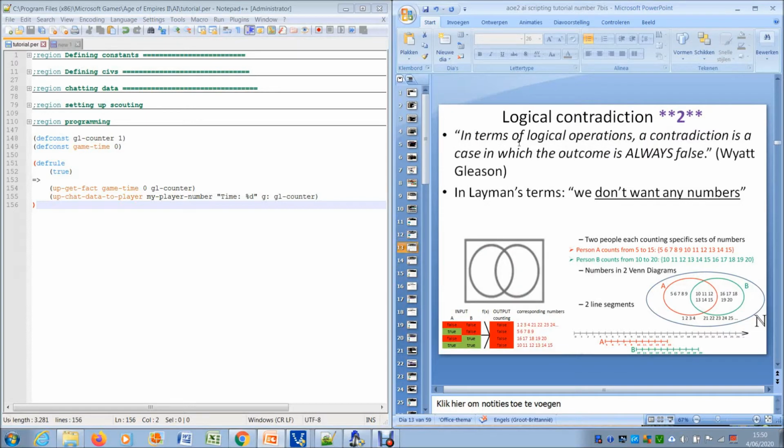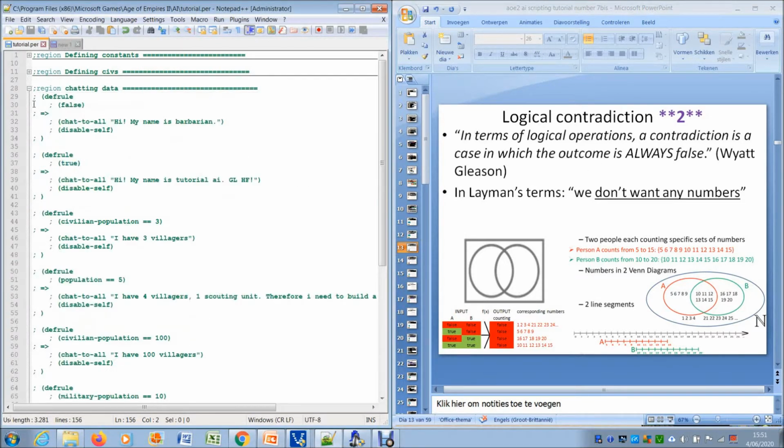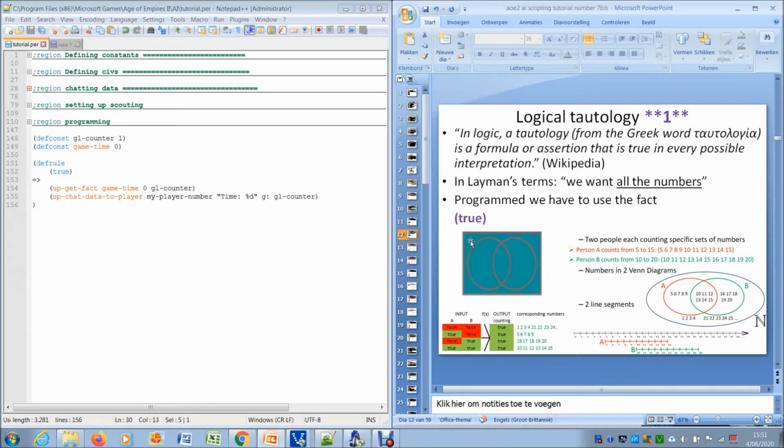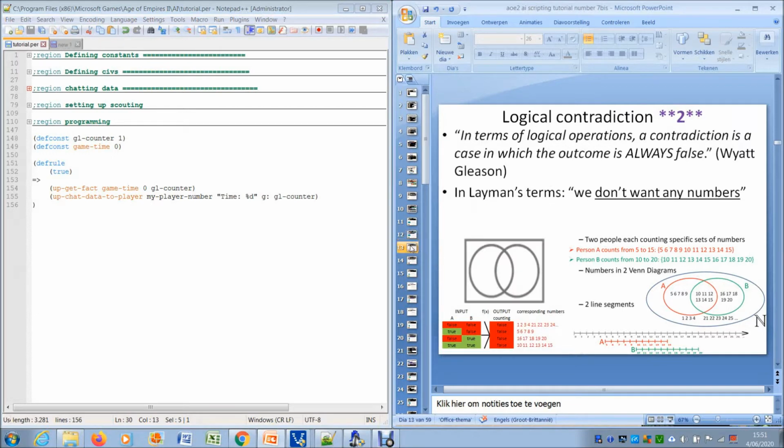Next we will have the logical contradiction, which is the second combination. In terms of logical operations, a contradiction is a case in which the outcome is always false. We also already have used this here. We don't want any numbers. In the Venn diagram, we don't have any. The output is false. So we put false, we save,